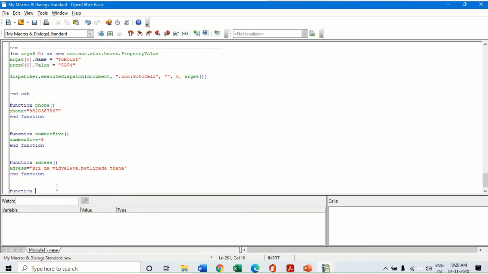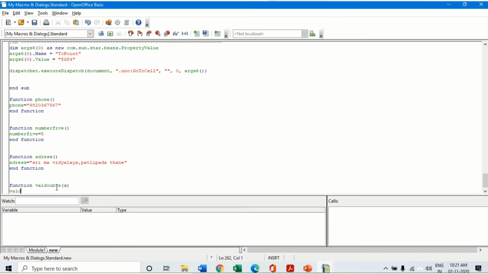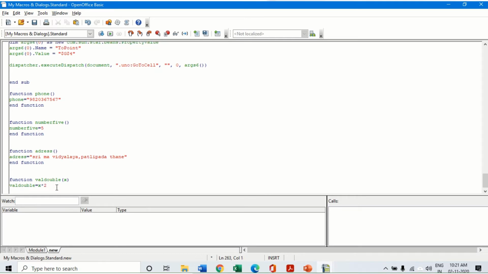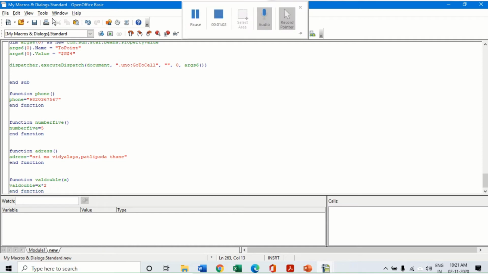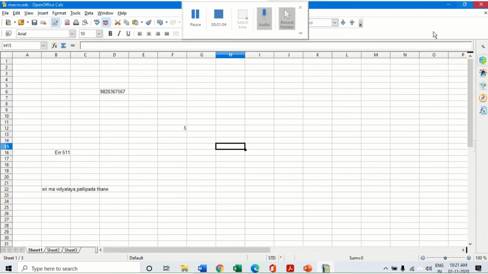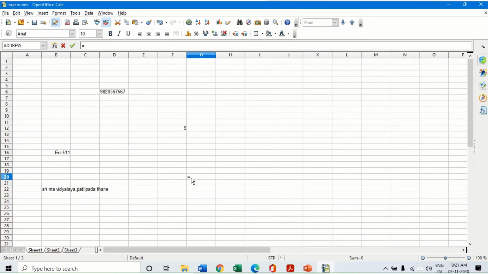This time I'm going to give it a function name, val double, and here I'm going to pass the argument x. Now here write val double is equal to x into 2. And here I can say end function. Now I will save this, close it, and here I come and I will call that function with a